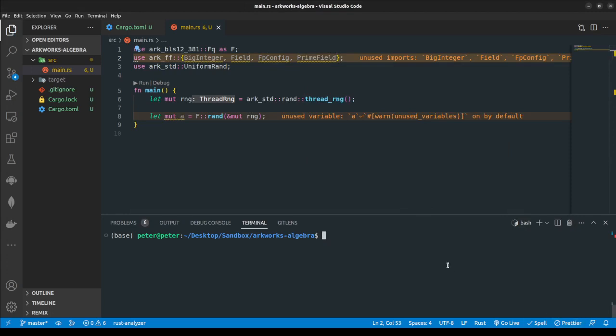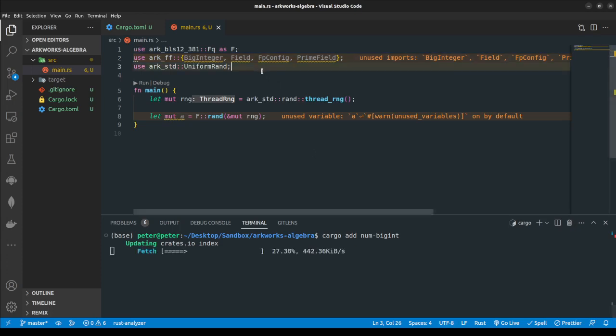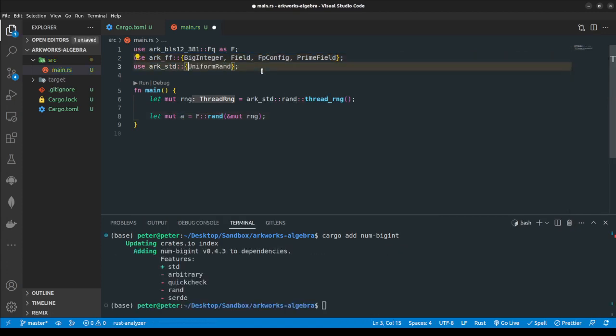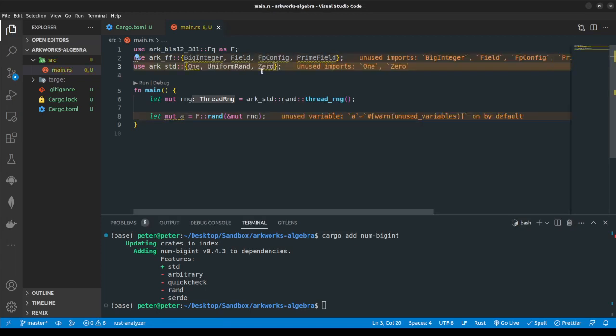And we also add cargo add num-bigint for this to work. And std, we think we need 1 and 0. Okay, so